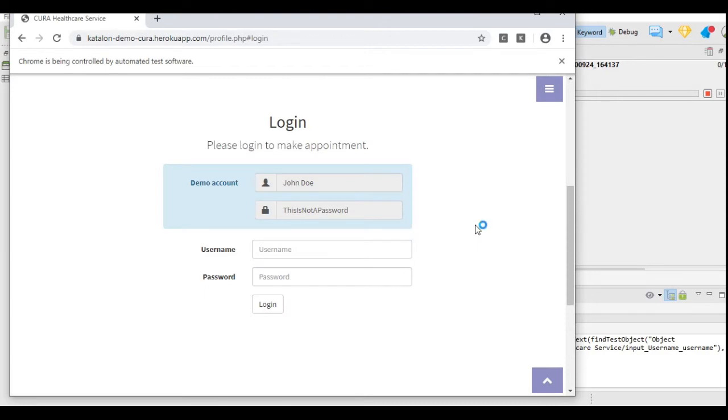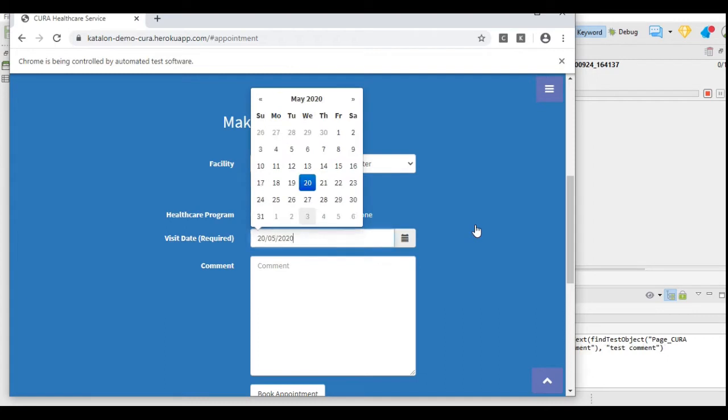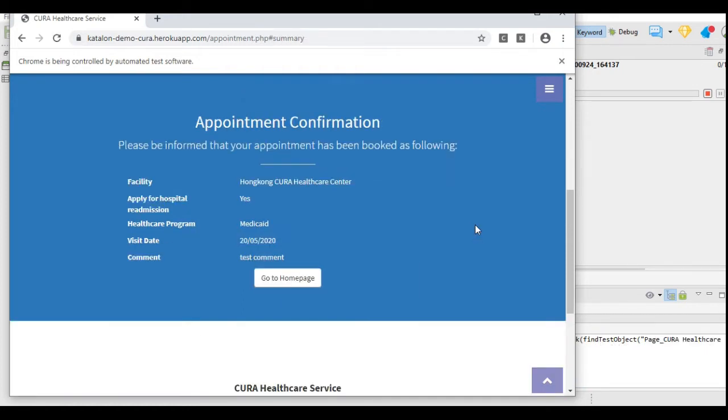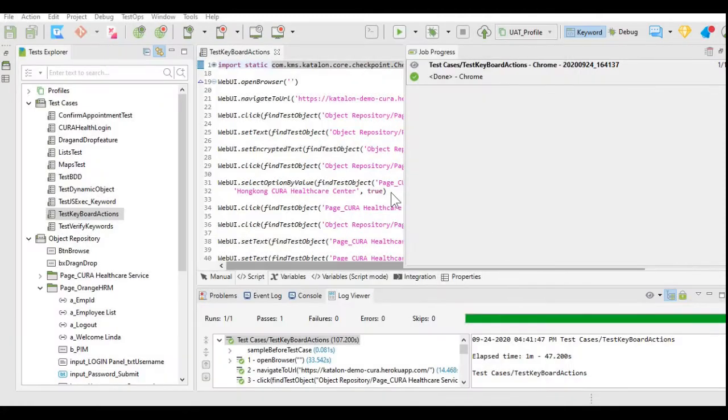We are logging into the Cura Health application. After logging in, we will fill the details in all the fields to book the appointment. And the appointment is confirmed, and now we are going to log out.